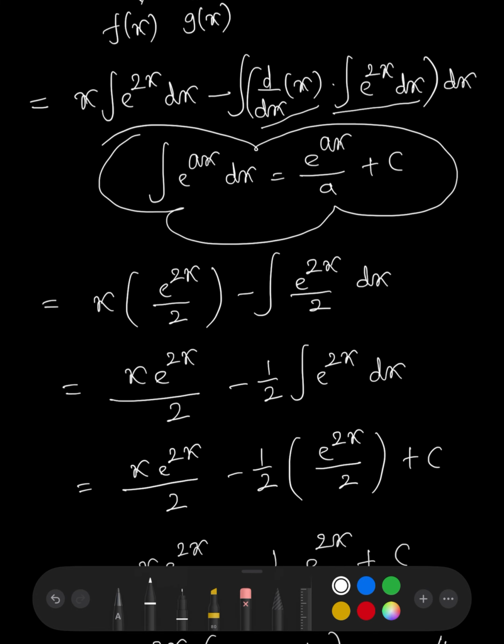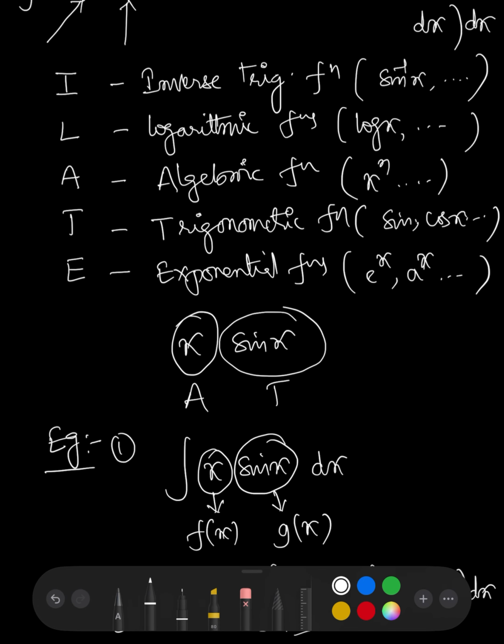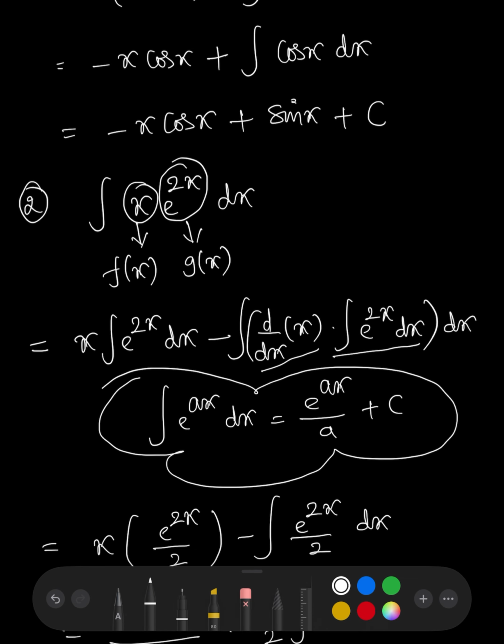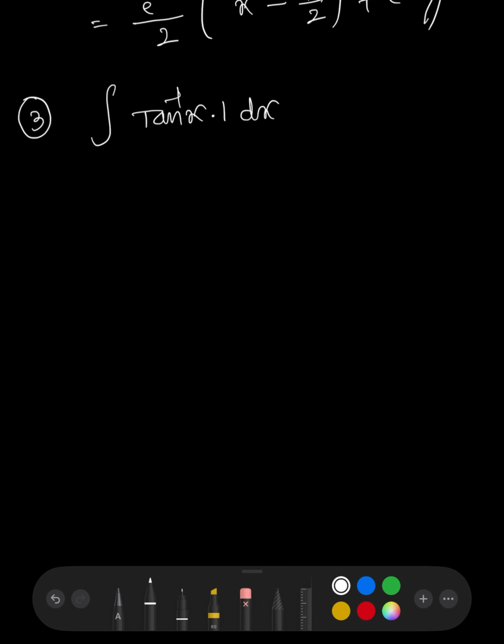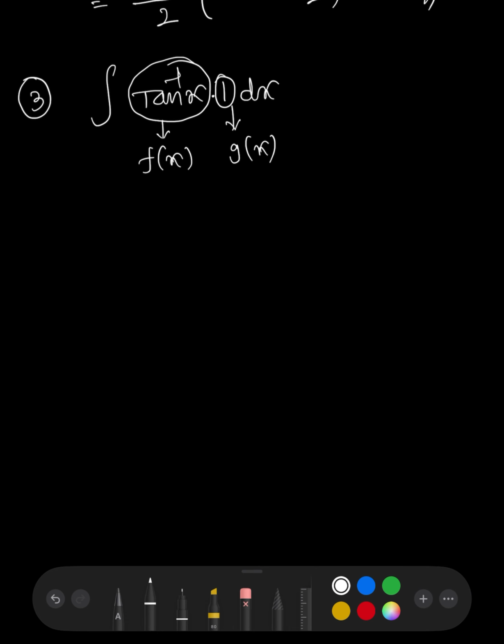Now tan inverse x is nothing but an inverse trigonometric function, and 1 is nothing but an algebraic function. Now from this order, inverse trigonometric function, algebraic function, the inverse trigonometric function will come first and then the algebraic function. So here tan inverse x we can treat as f of x, and 1 we can treat as g of x. Now we can substitute in the formula, that is tan inverse x into integration of 1 dx minus integration of